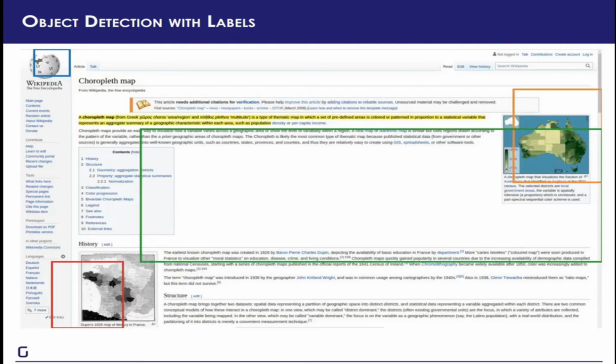Now, obviously, there is a lot of room for improvement. For one, we can see that the boundaries are off. It basically sees that there is something over here, but it's not like the blue box is perfectly enclosing the region of interest. Same is true with these maps. The orange box and the red box here, they roughly know where the map is, but they aren't exactly enclosing the map properly. And of course, the big problem is that we have this huge false positive. The model tells us that this is some kind of chart, which is clearly wrong. So this entire box needs to be deleted.